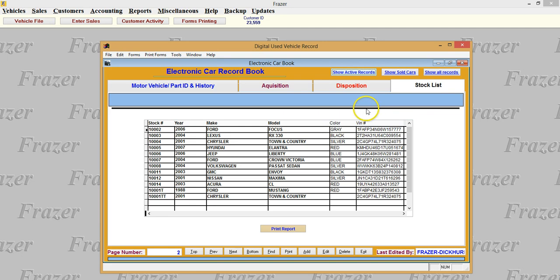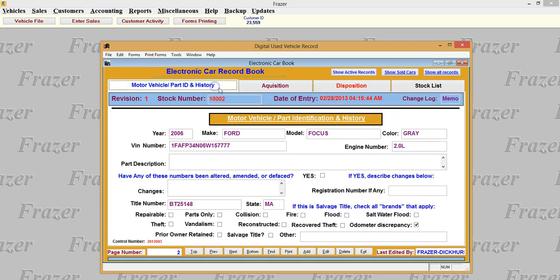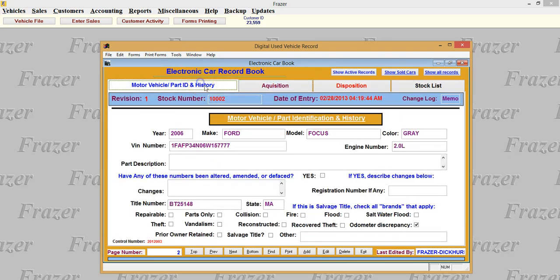The registry or the state police may ask you if they could back this up and take it over to their office to look at the records. That's strictly up to you. You don't have to do that at this time until they make that a mandatory field. So that's strictly up to you if you want to allow them to do that. So that's about all we have as far as